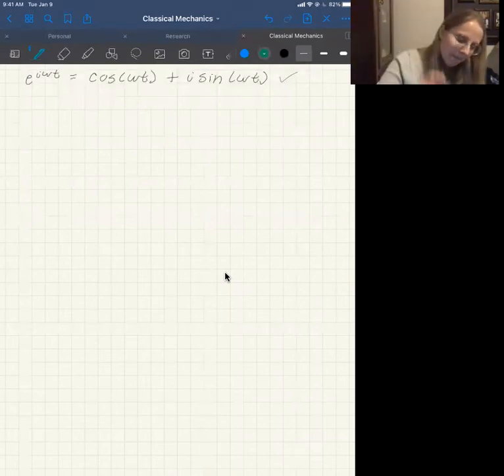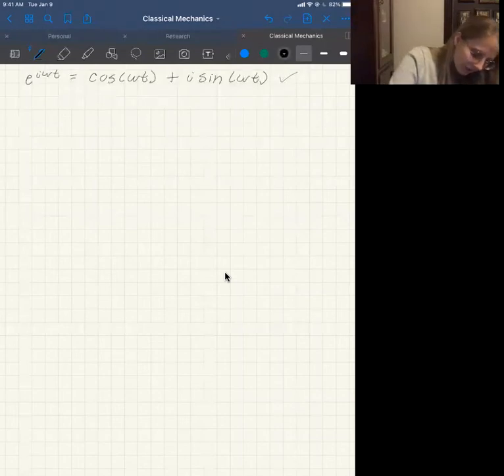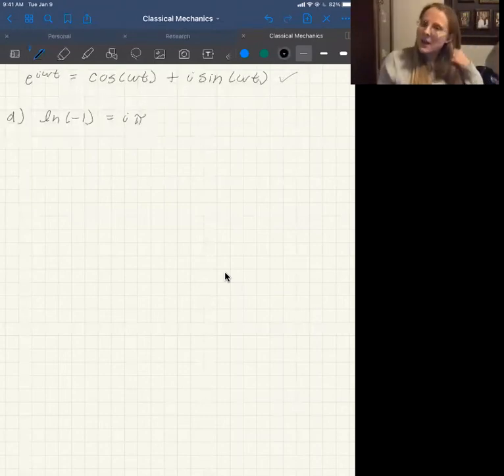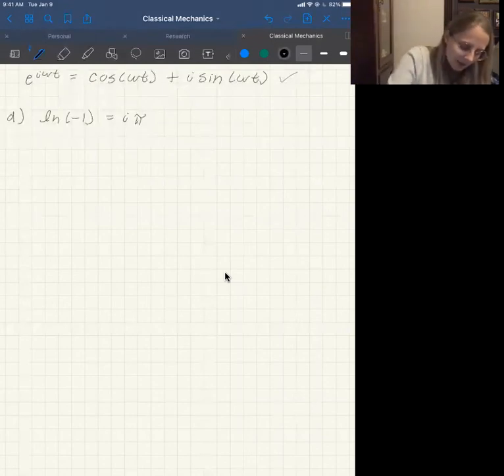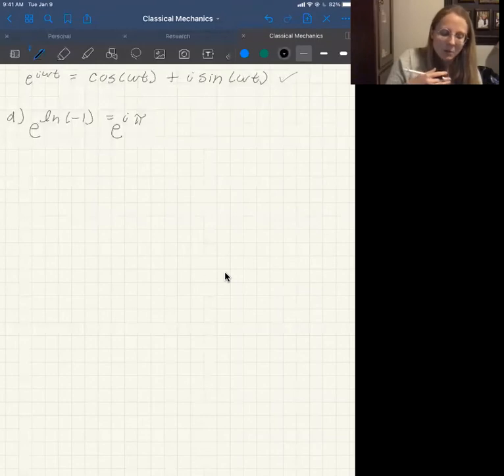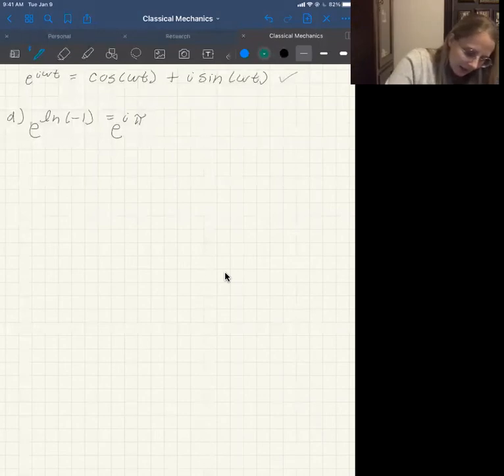So finally, for part D, we want to prove that the natural log of -1 is equal to i pi. So up until this point, we haven't really dealt with natural logs, but we have dealt with an exponential. And we know that the natural log and the exponential functions are inverses of each other. So if I want to undo this natural log, I can simply take both sides to the power of e. And that's a valid operation. I can raise one side of an equation to a power as long as I do it to the other side as well. So on this side, this e cancels out this natural log,